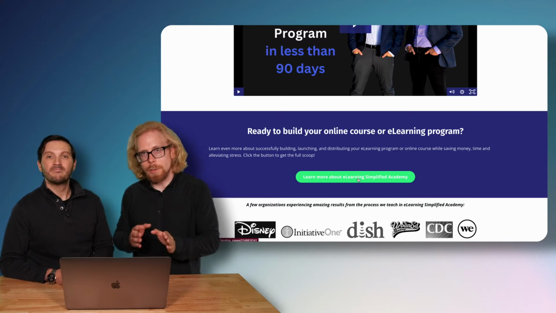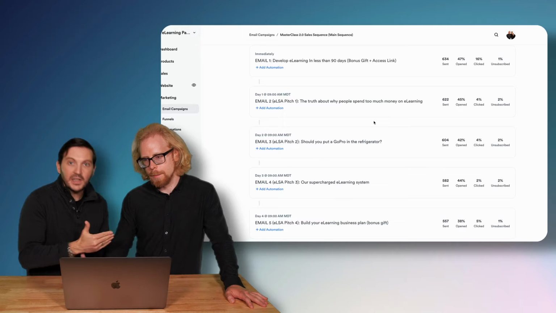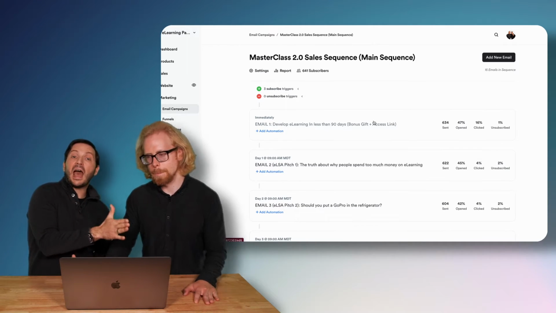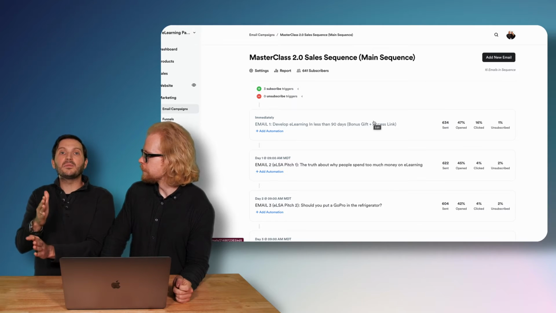And this is where the magic really happens. Absolutely. And it's what, Hector? That is the email sequence. Exactly. When somebody signs up for the masterclass, we put them into our email sequence, which, like Johnny said, that's where the magic happens. And then after they make it through that email sequence, we then add them to our